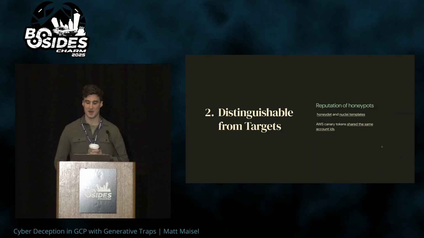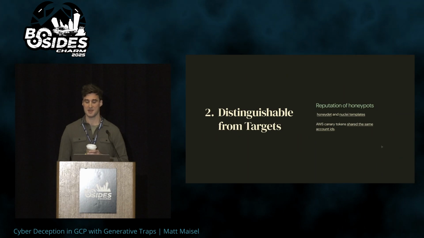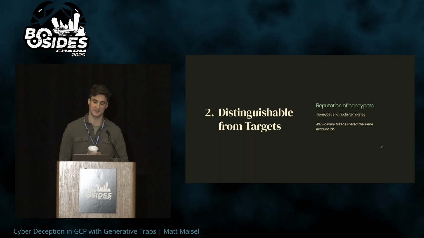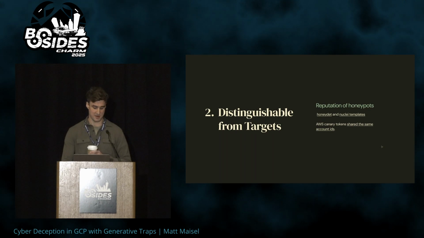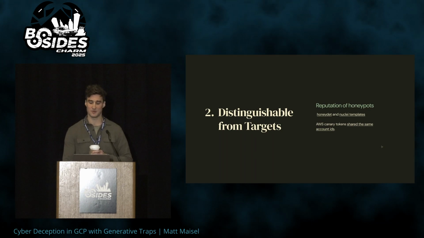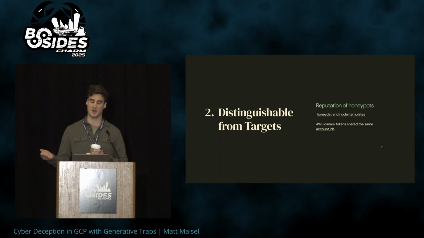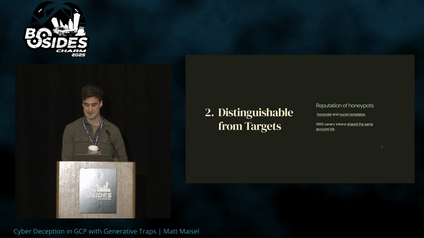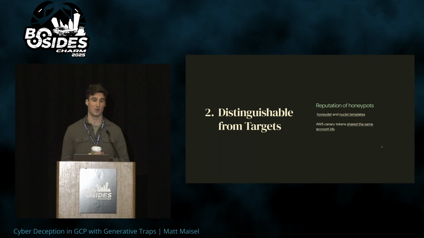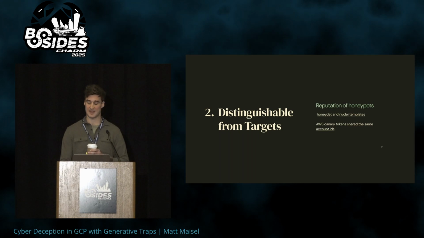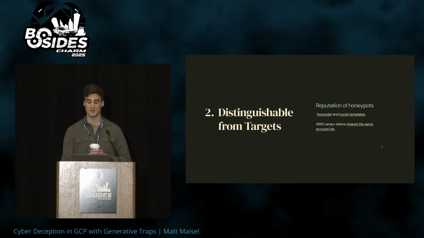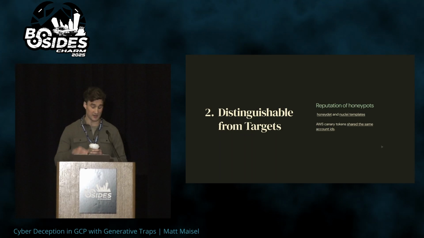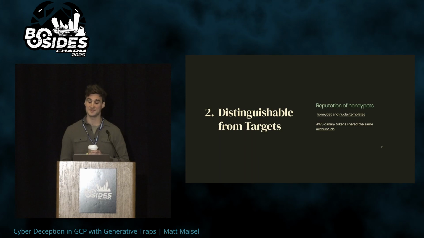A second problem that I relate to this is making traps that are indistinguishable from targets. So how difficult is it to detect the use of traps in an environment? We don't want them to be distinguishable from targets. And historically, honeypots have had this reputation of being easily identified with signatures. There are tools like HoneyDet or plenty of nuclei templates to basically have scanners looking for these honeypots out there on the public internet. And deception vendors are not immune from this either.